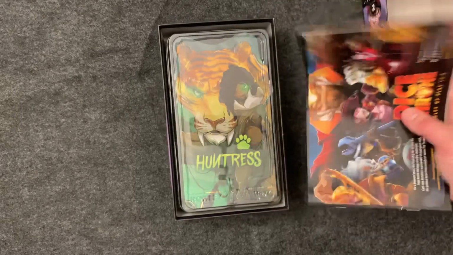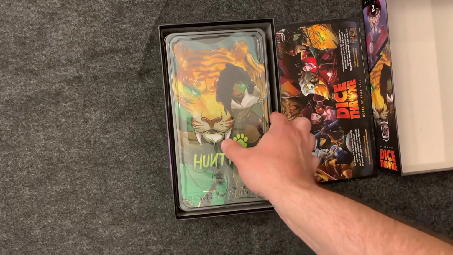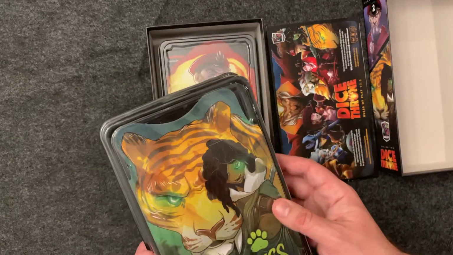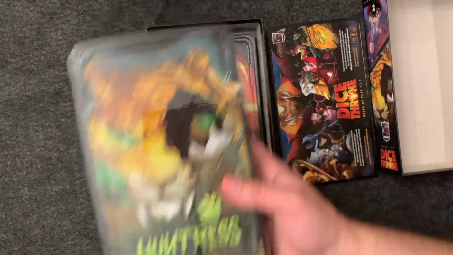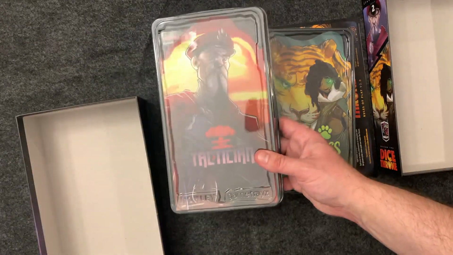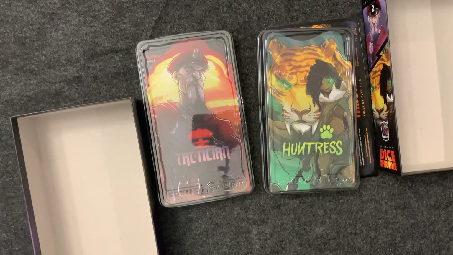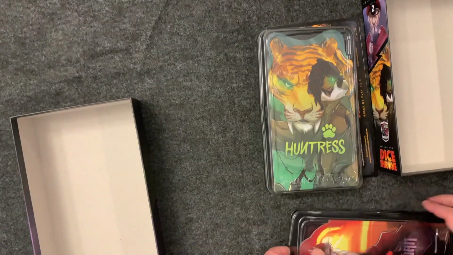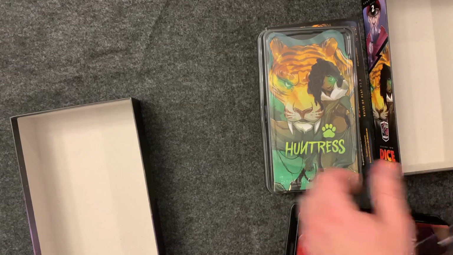So we have the rules. And another cool thing about Dice Throne is that inside comes with inserts for each character. So we have the Huntress insert, which we'll take a look at in a second, and the Tactician insert, which we'll also take a look. And these contain all the stuff required for the game. So let's open up Tactician and Huntress